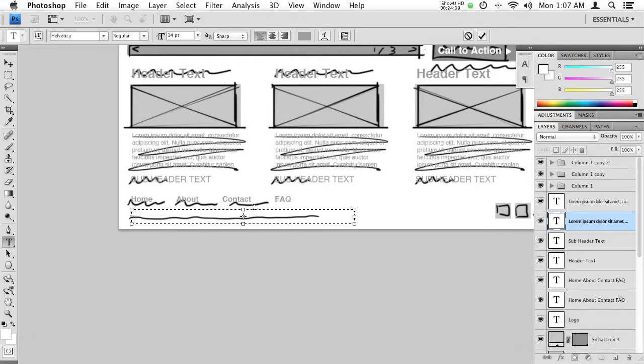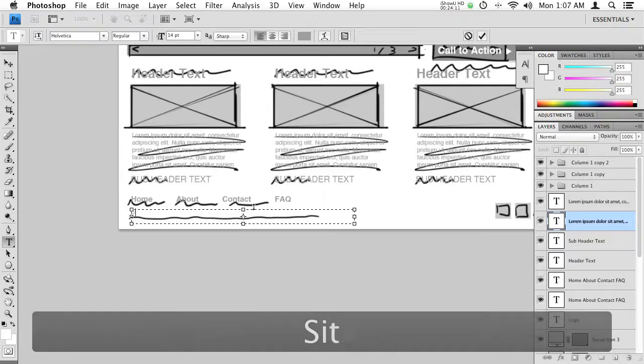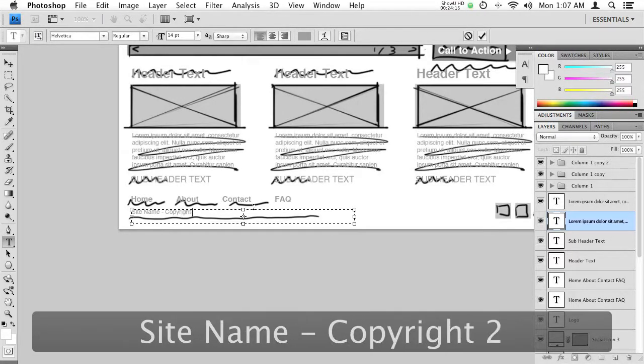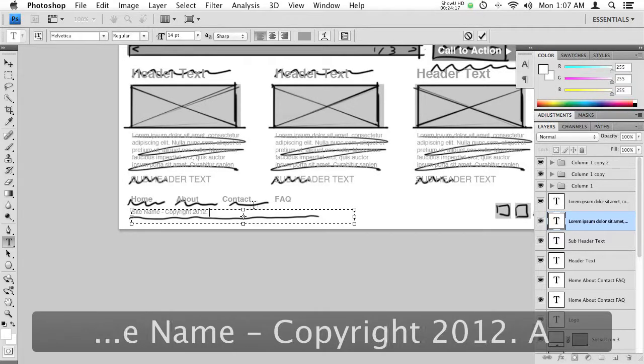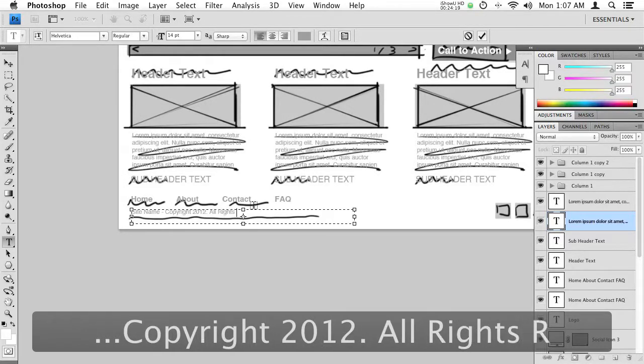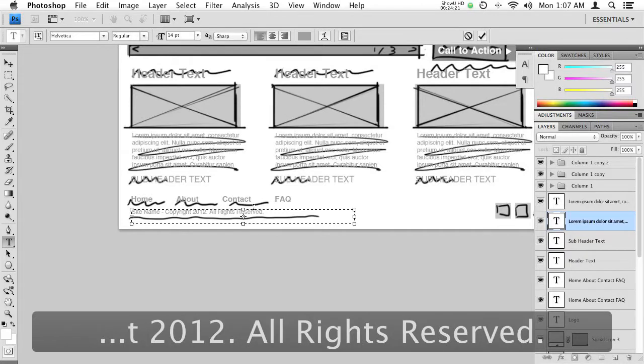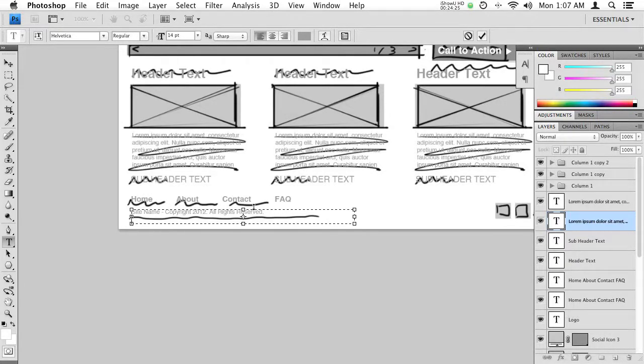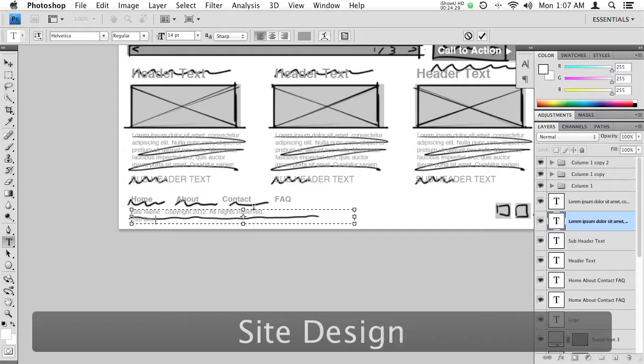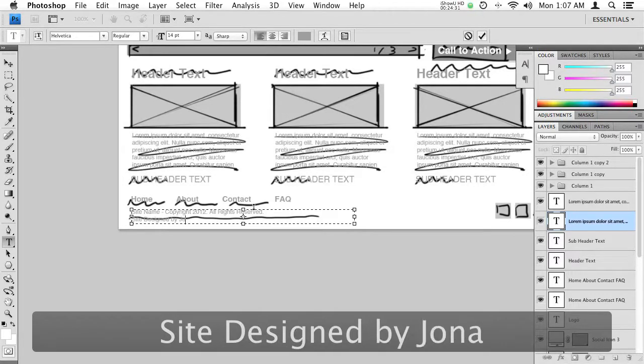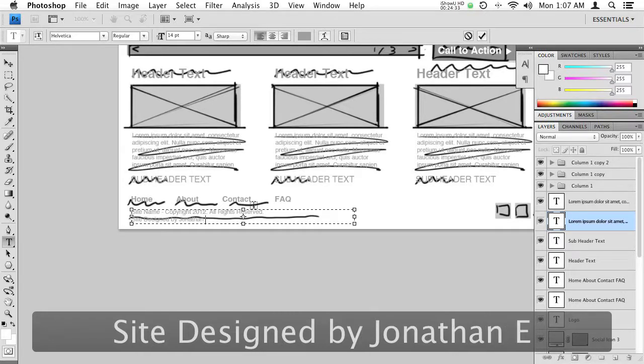And I'm just going to put some footer text like site name dash copyright 2012, all rights reserved. And then hit return, go down one line, and then type site designed by Jonathan Early